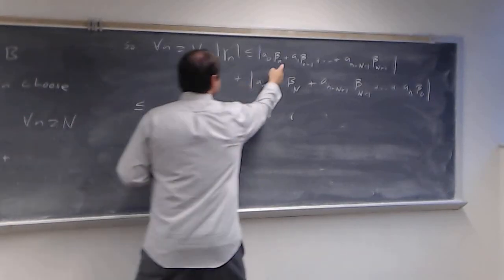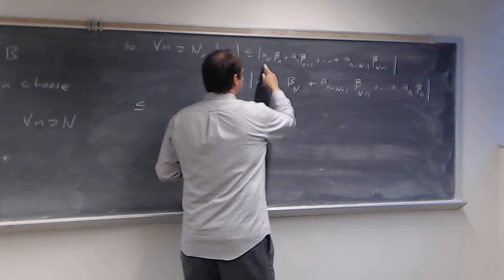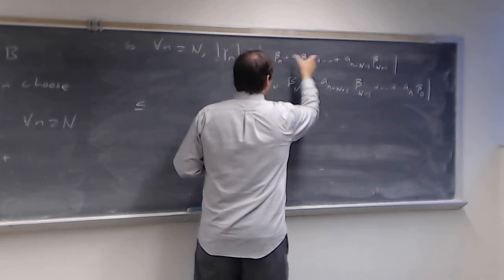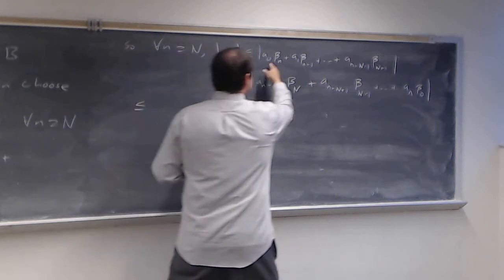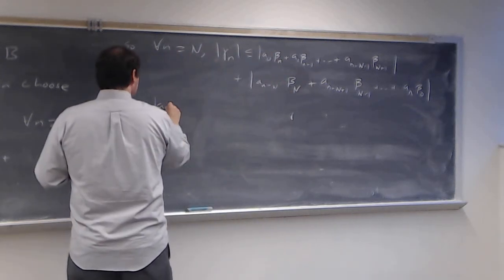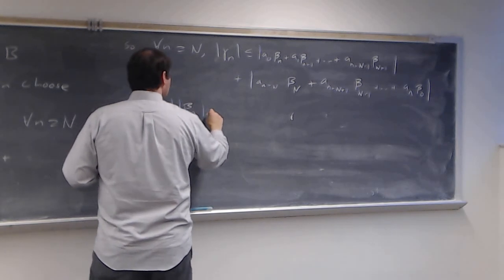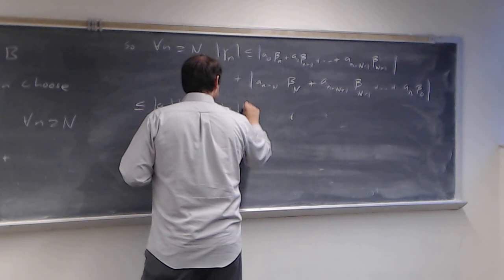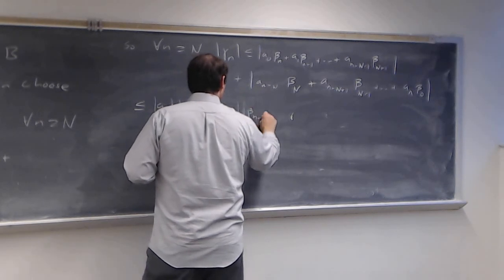Well, for this particular one, I'm going to say that the norm of the sum is less than or equal to the sum of the norms of each part. And then each part is a product. And so I'm going to say this is less than or equal to the norm of a sub 0 times the norm of beta sub n, plus the norm of a sub 1 times the norm of beta sub n minus 1,